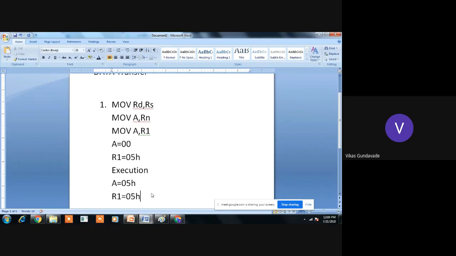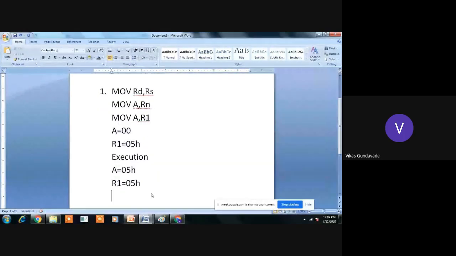So all the data transfer instructions which are available in the microcontroller are copy-paste instructions. Okay, so though the R1 contents are transferred into the accumulator, R1 will still hold the same data. Okay. Everybody understands it? येते का सर्वांच्या लक्षात? Okay, so this is the first instruction, move A, Rn.